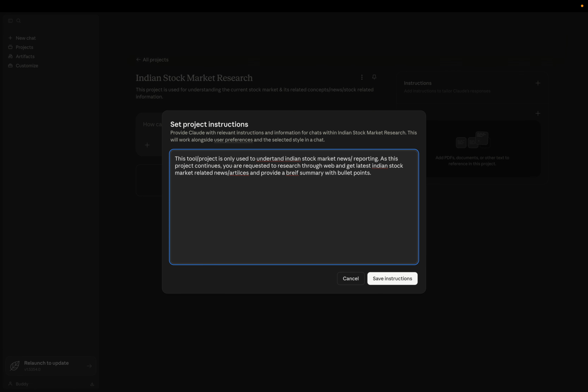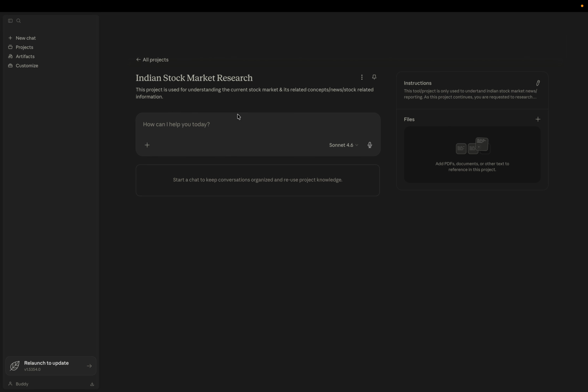Okay, so now if I give these instructions to this particular project, whenever any new chat or any prompt that you give to this project or this Claude, it will understand and memorize this instruction, and based upon that it will give you the answers. So for example, let's say I am prompting it like, I want to know what happened in the last 24 hours regarding the Indian stock market. Okay, if I enter,